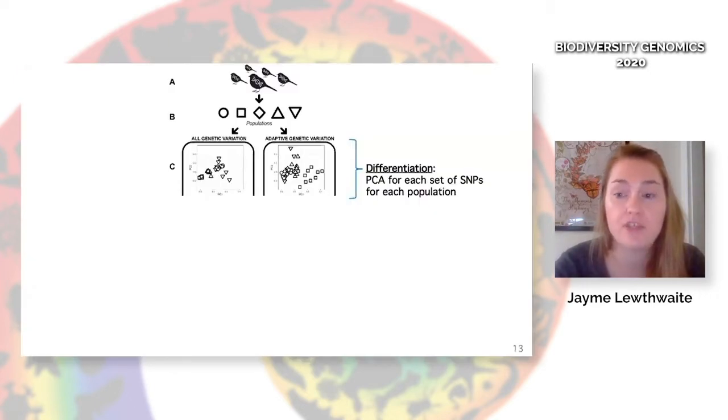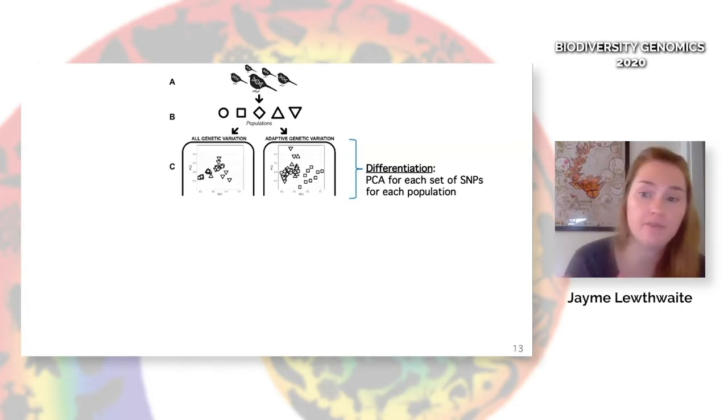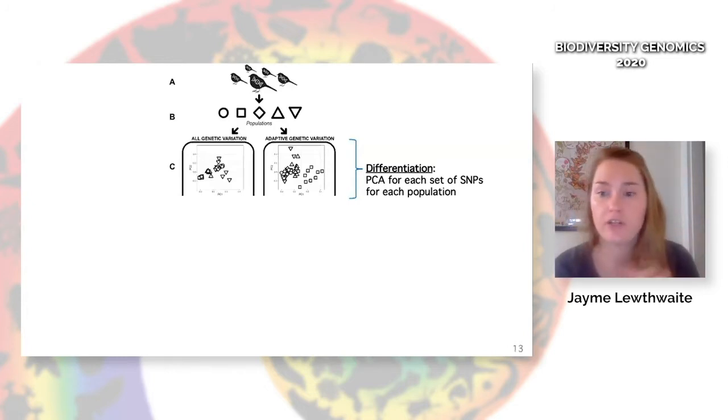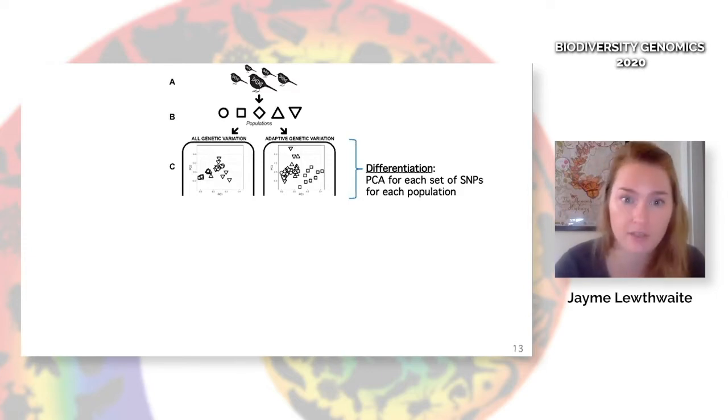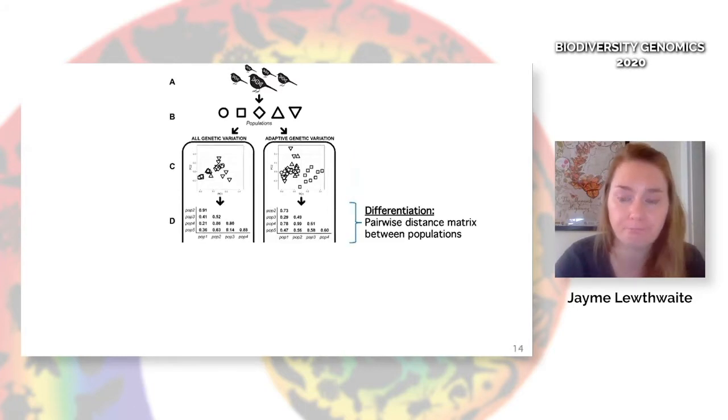For each population, we separated out that adaptive genetic variation from the overall genetic variation, and we performed a PCA on each set of SNPs to measure genetic differentiation. Each shape here represents a different population. Then to represent that genetic differentiation, we took the centroid from the PCA and we built a pairwise distance matrix